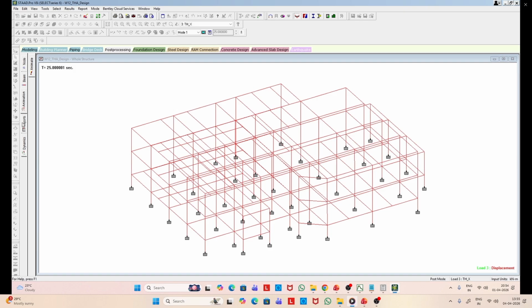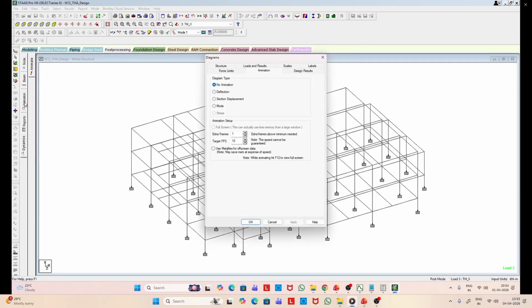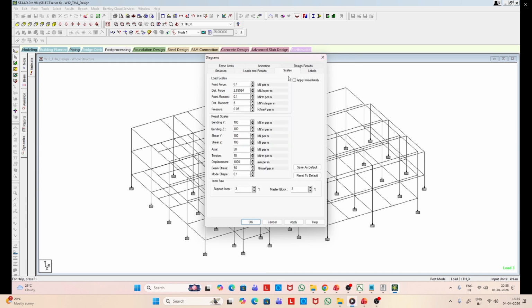So you can do the animation. You can see the deformed shape. Here you can change the scale.